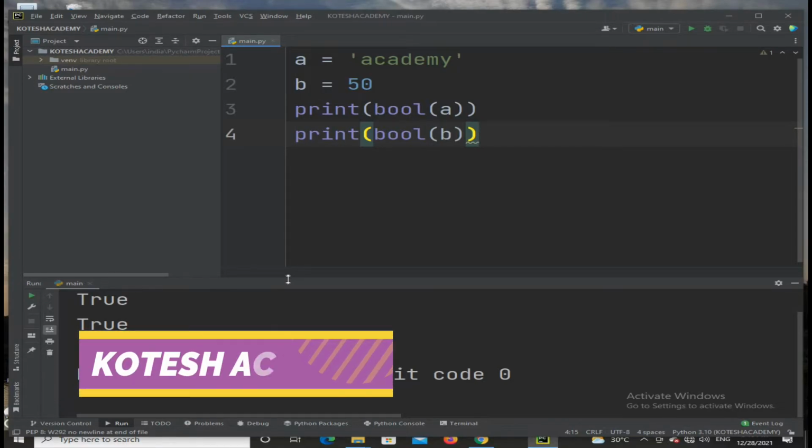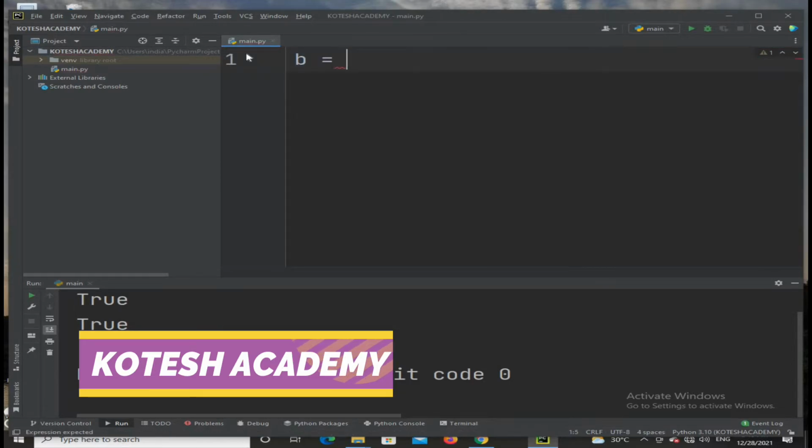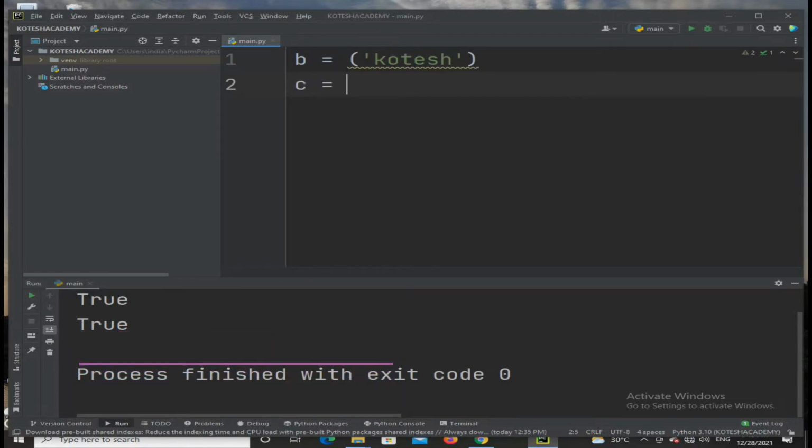Whatever the value may be, in a list or simply you can take b is equal to, in terms of my name, I am representing c is equal to, then you can represent bool of string, then bool of 50, like that we can represent this.